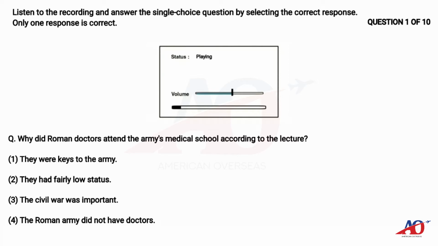Okay, class. Today we will talk about Roman doctors at the beginning of the 1st century. As we noted in our previous class, there was a 15-year-long war after Julius Caesar was assassinated. The war was severe. The number of injured was so many that it became one of the top priorities of the new emperor to give medical care to those in need. It was around this time that the new emperor, Augustus, started thinking about upgrading the status